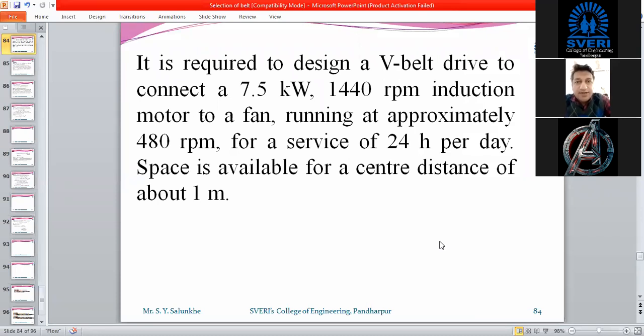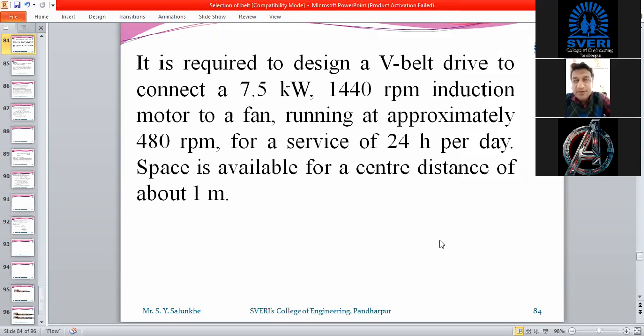Now here you can read the statement of the problem. It is required to design a V-belt drive to connect a 7.5 kilowatt, 1440 RPM induction motor. As we have seen, whether it is an induction, AC or DC motor, the selection of belt depends on that type. It drives a fan running at approximately 480 RPM, that is the driven pulley RPM, the driver pulley RPM is given, for service of 24 hours a day.